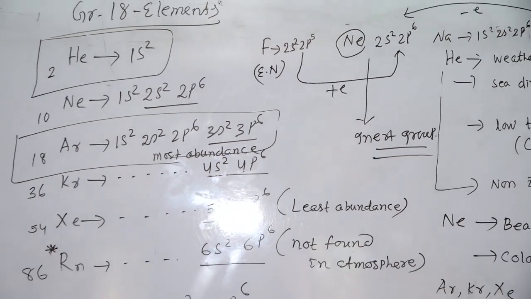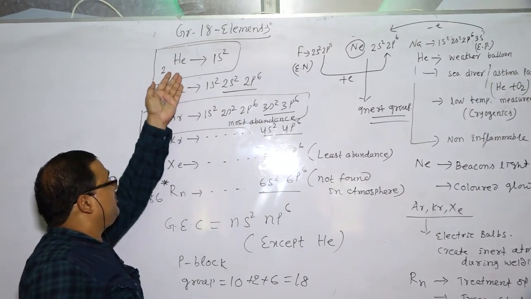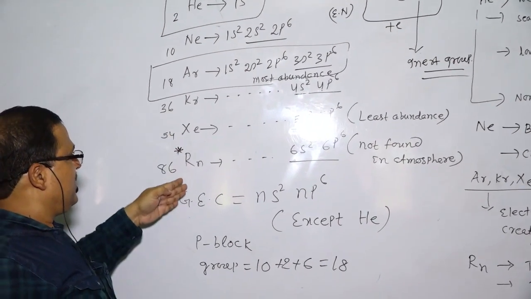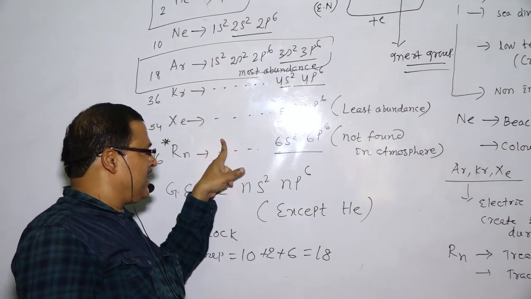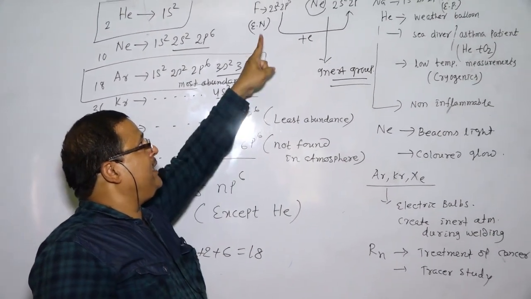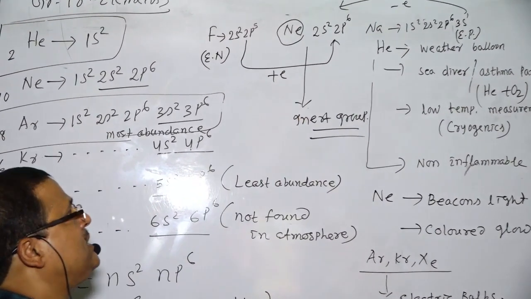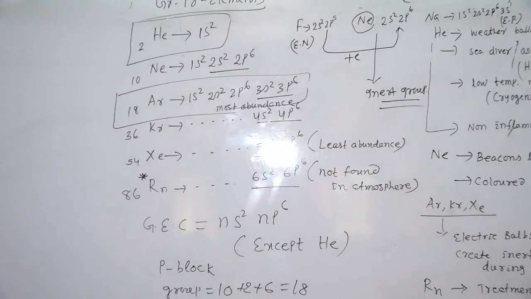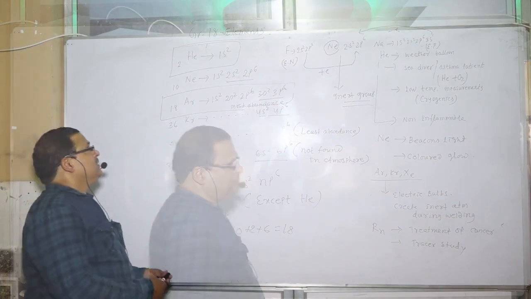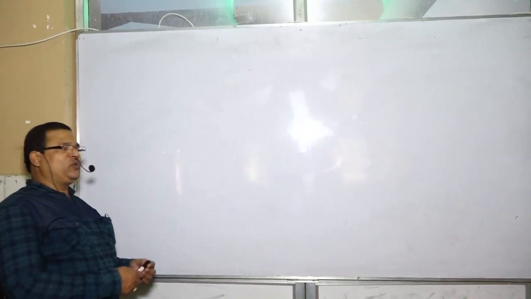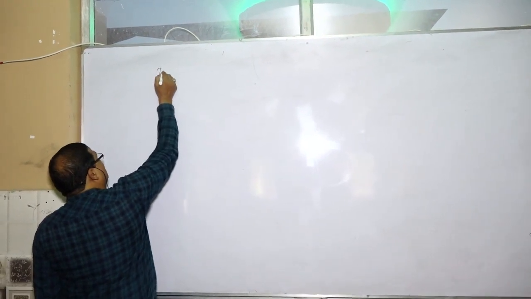So this is regarding the placement of these elements, that is group 18 elements: helium, neon, argon, krypton, xenon, radon, etc. These are in the periodic table. So broadly we can say these are present in between highly electropositive elements and highly electronegative elements. Next we'll see the different terms related to the group 18 elements. The group 18 elements are treated as inert gases.